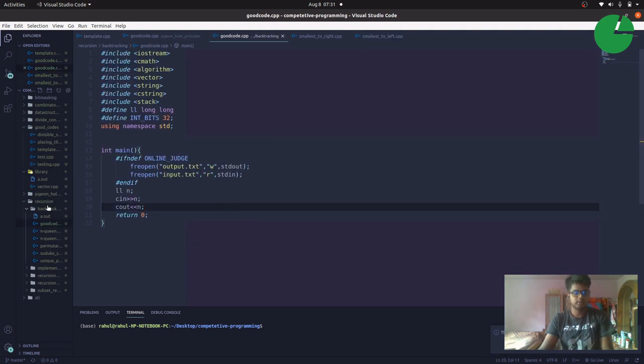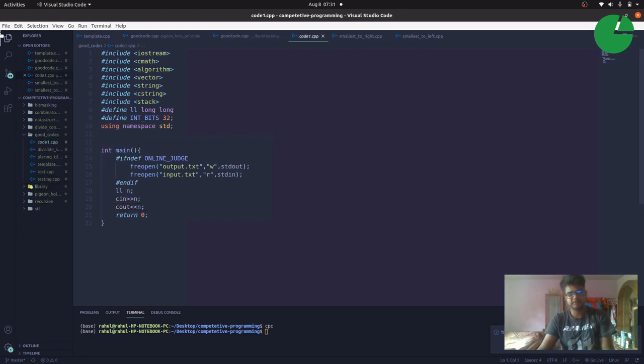Now if you are wondering that it is no longer code1.cpp, so if I run CPC again there will be no file, how will we copy? There is no issue. If I type CPC again, it will generate code.cpp again. This is the same code as we are writing in code.cpp.